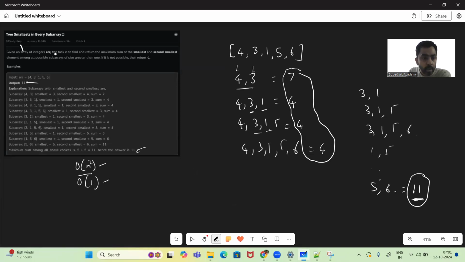In order to solve this problem in O of n, all we require is observation. As I said, it's not instantly intuitive. What the ask is, we want in each subarray to find the sum of the smallest and second smallest numbers. So let's see, if the subarray is of size greater than 2,